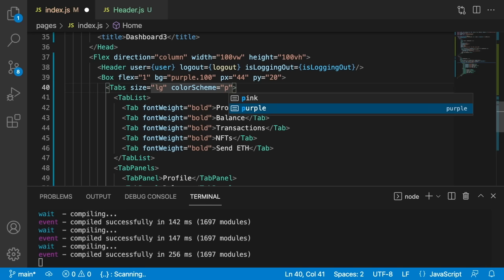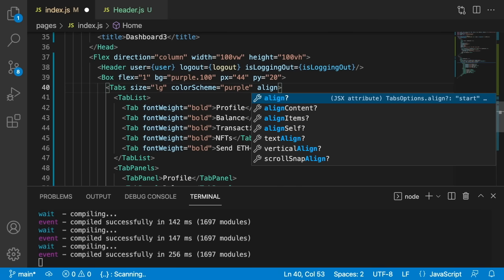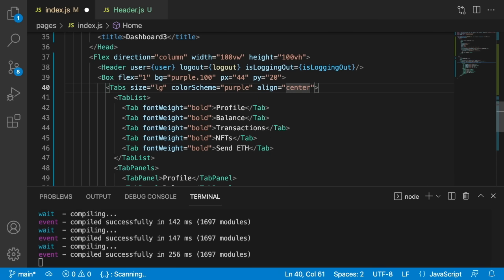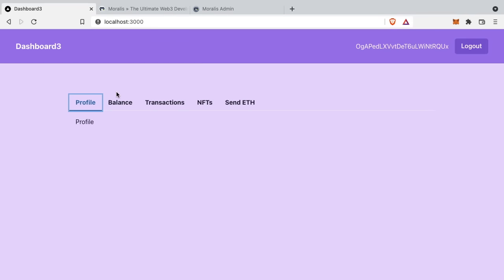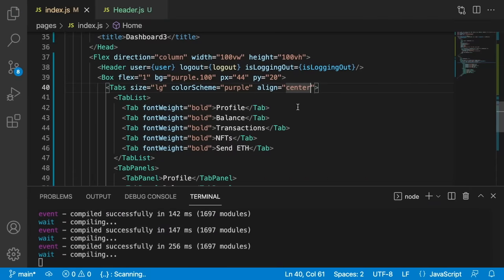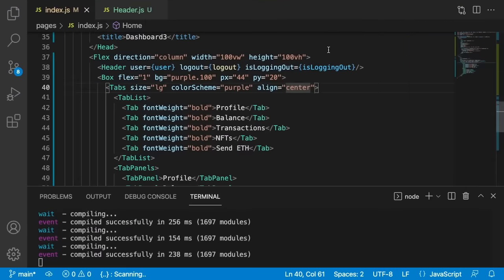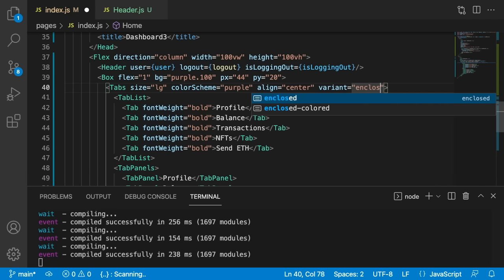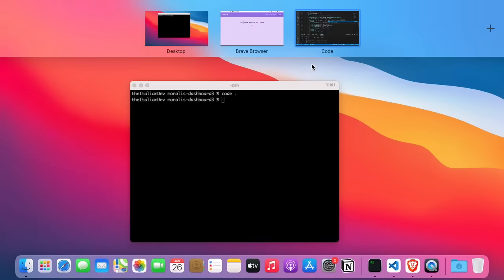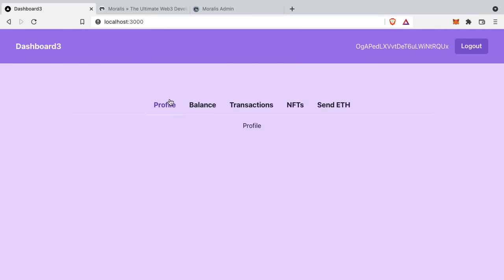color scheme of purple. Then we can pass also an align center, because as you can see now they are aligned on the left. So if I just save to show you, look, now they are centered on the page. And then we can pass also the variant of enclosed to have a bit of border up here. Look, when we select,